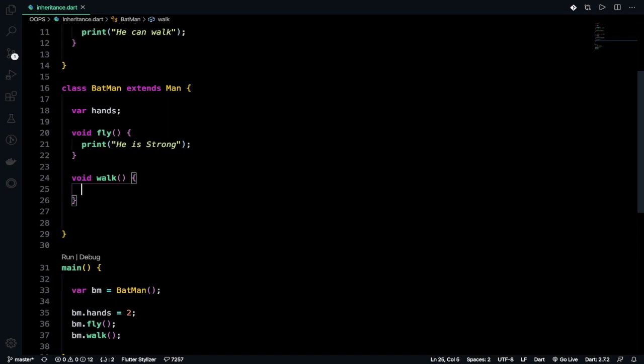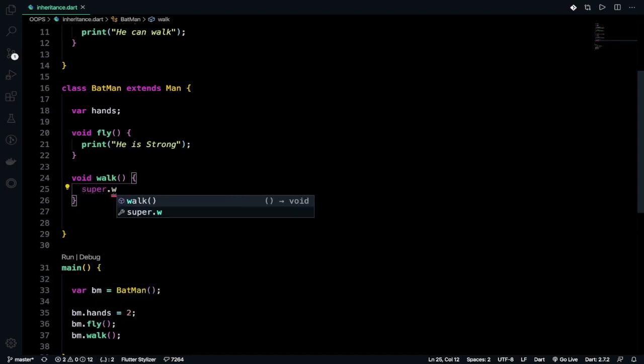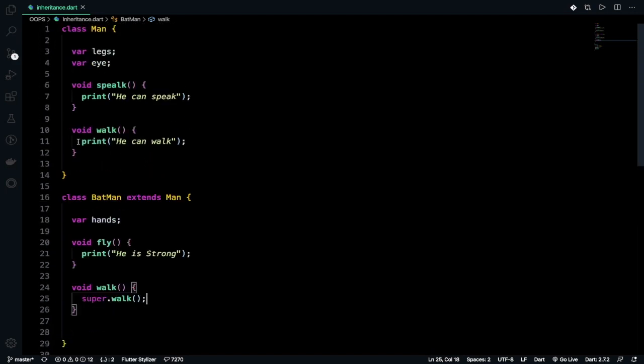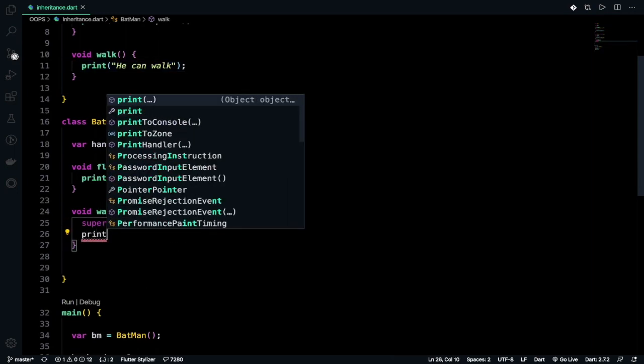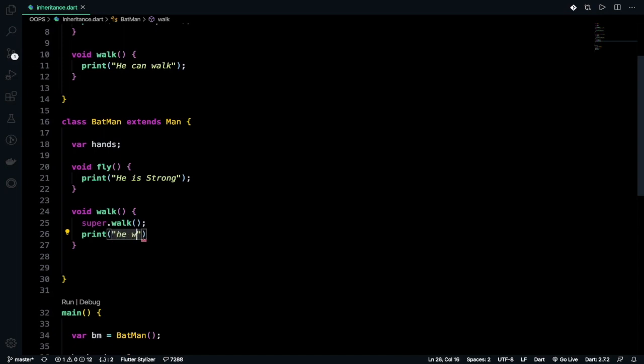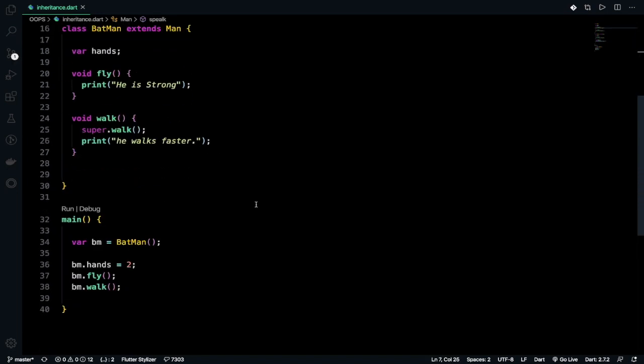To do that, I will use the keyword super dot that method which I was using here, so that it can print this one, which is line number 11, and then I will print the thing which I want here, just like he walks faster. And let's end it with a semicolon.